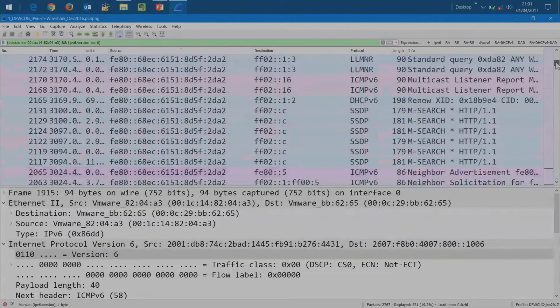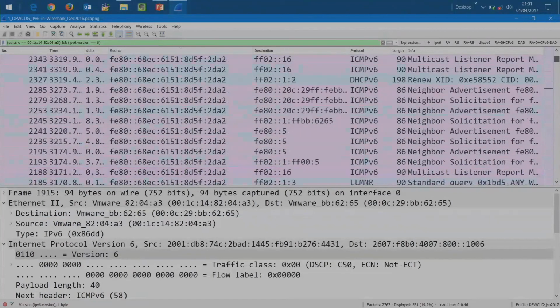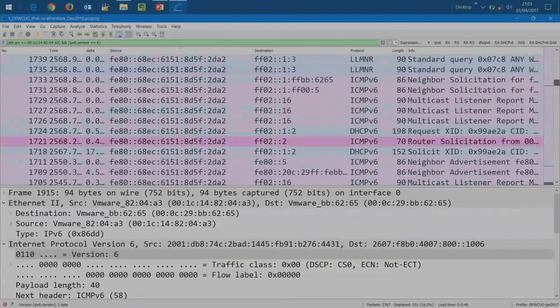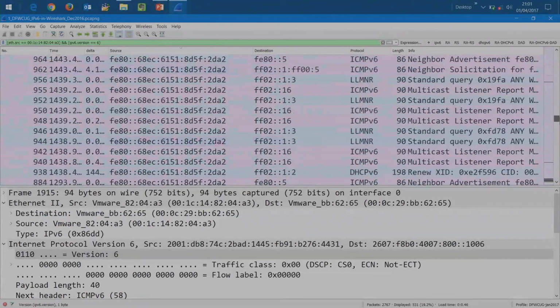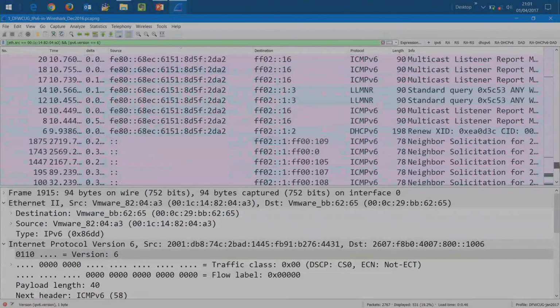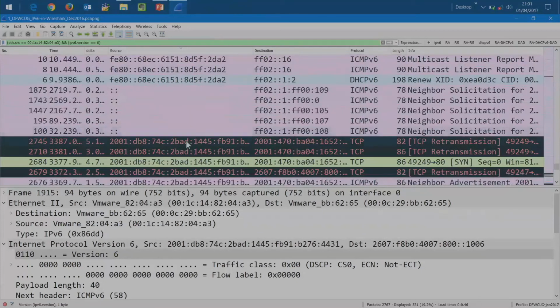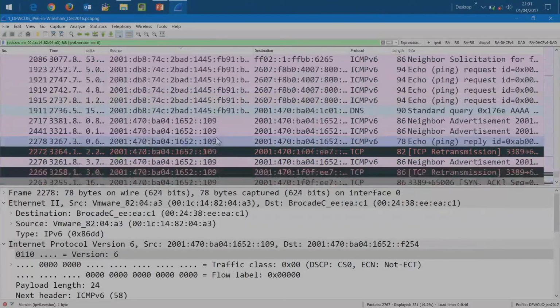And I see FE80 link-local traffic of that source MAC. A lot of link-local traffic. Really a lot of link-local. And here's some of the too bad traffic. Oh, and look, here's some of the regular real production address traffic.